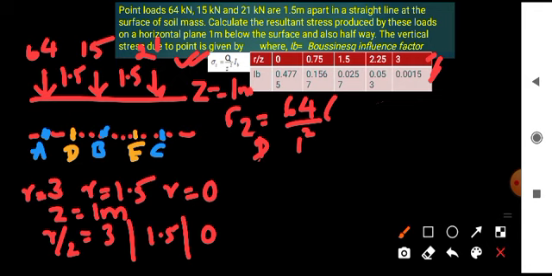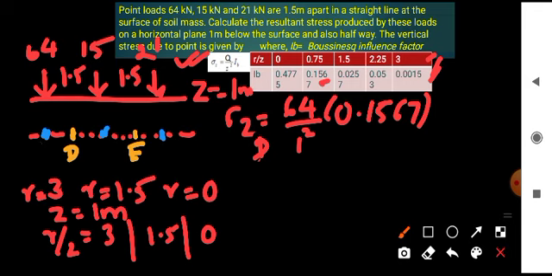So 64 divided by 1 square into, I will erase these points also, because it will cause confusion. There are 2 points only now, D and E points. So 64 by 1 square into, the midpoint is 1.5 divided by 2, which is 0.75. 0.75 means this one, so 0.1567 we have to consider,